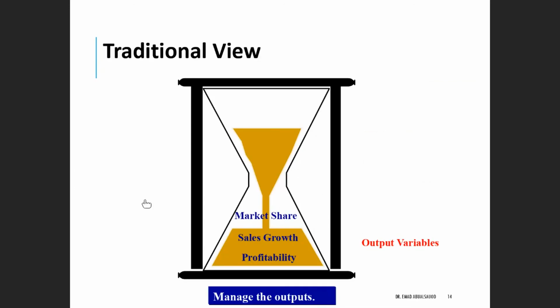The traditional view of the methods for improvement or quality always looks for market share, sales growth, and profitability, and that's why we see high quality means high price. This came from this perspective of managing businesses. The focus on the output only, or managing the output, is the only thing that will increase the price of the product or the service. And that's why people believe that, okay, if it's high price, that means it's high quality.